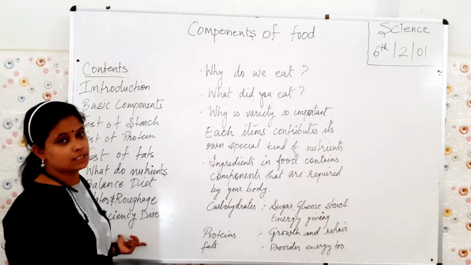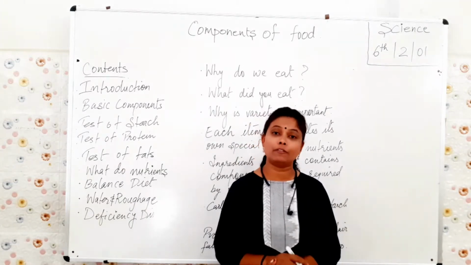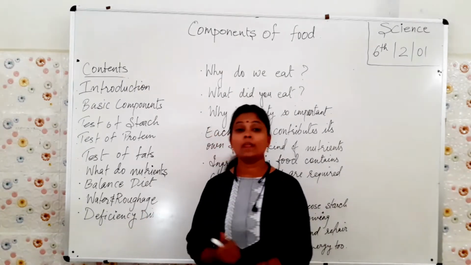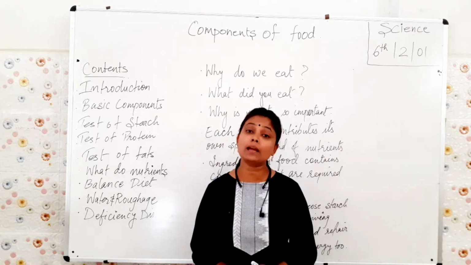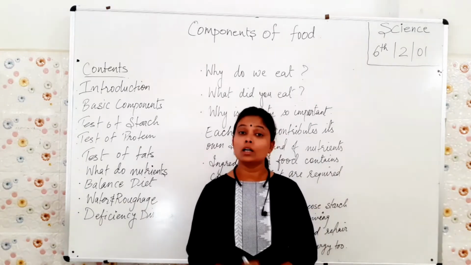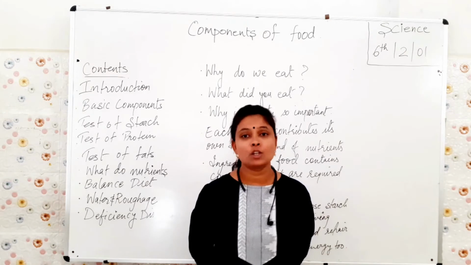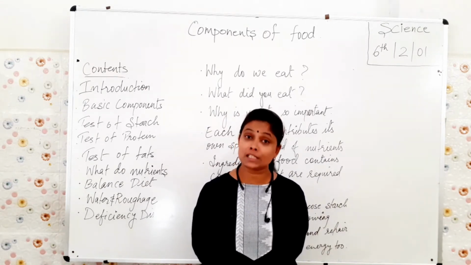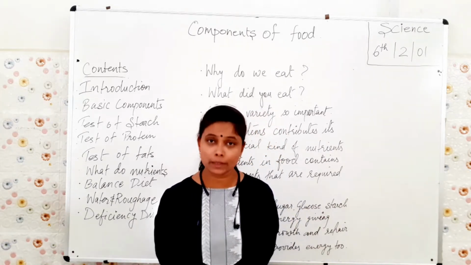Now deficiency diseases. This is the important part of the chapter: if you do not have proper food, there can be a deficiency, and due to that deficiency, a disease can occur inside your body. So you must have good immunity power. For having good immunity power, you need to eat good food, rather a protected food, the food which has full nutrients. Okay, let's see.